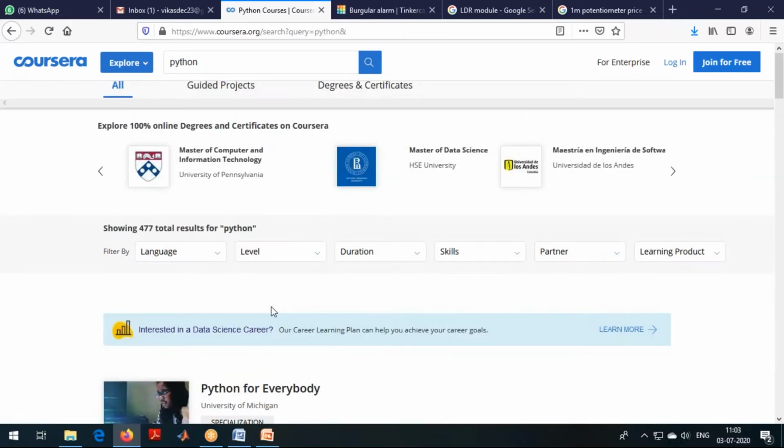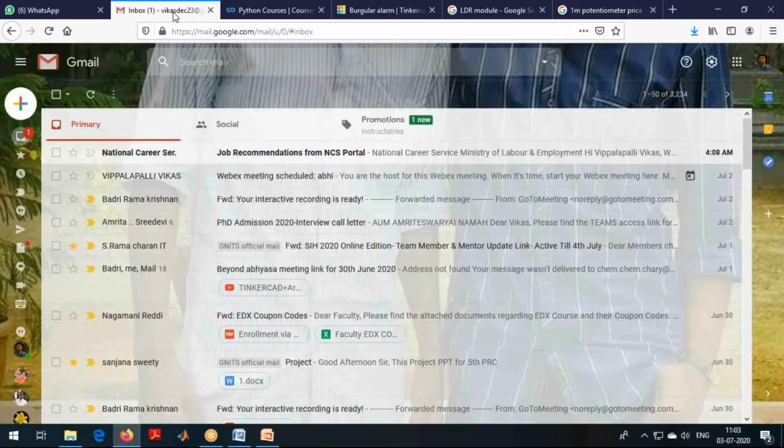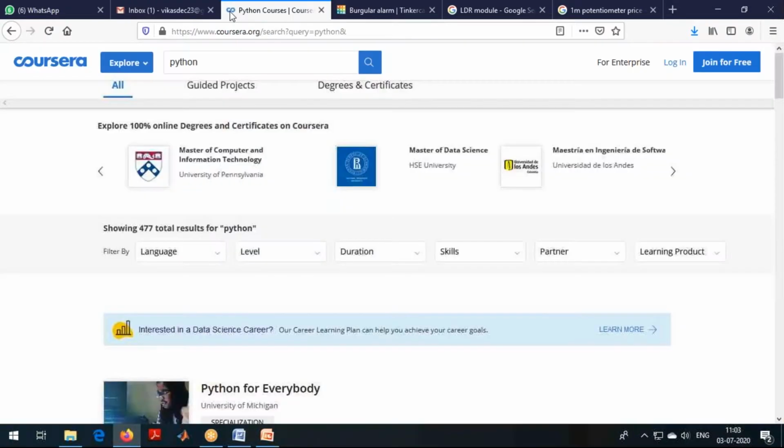Right now we are not conducting, but earlier some CSE department people conducted. You can also try NPTEL Raspberry Pi or Python learning, that also you can do.